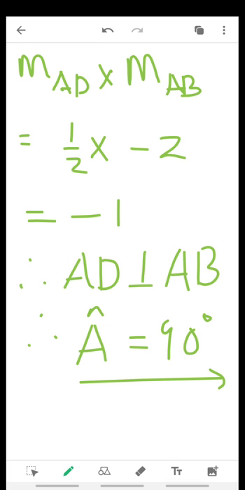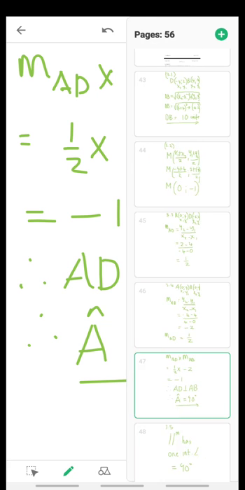Meaning which angle is 90? It's angle A. Try to sketch that and you will see. Okay, just draw two lines, make them perpendicular. You will see that angle A is the point of contact. Okay, it's the point of contact for the two lines AD and AB. Well done. Now,